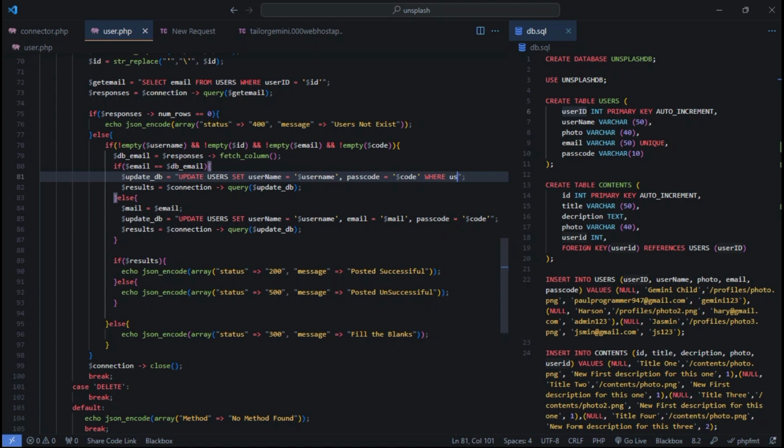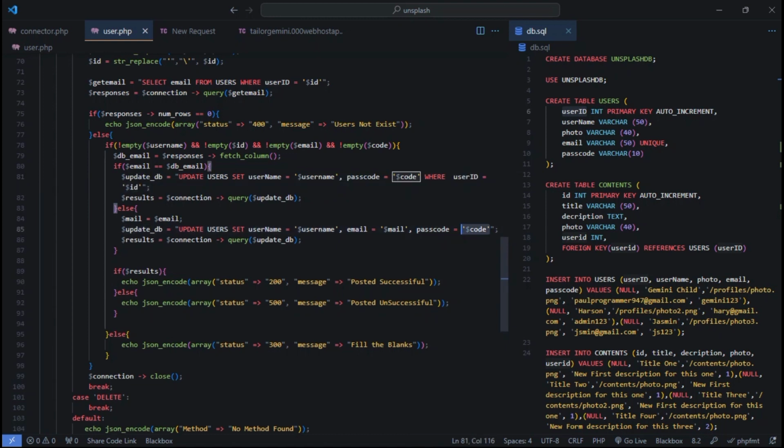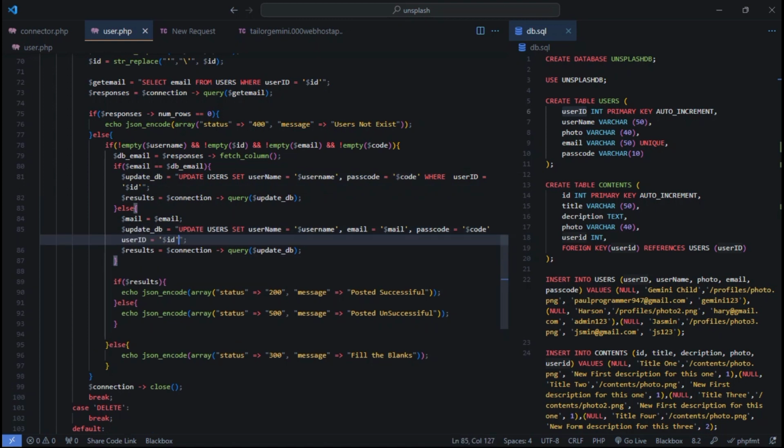user ID, yeah, just copy these things over here. Just user ID is equal to ID. I think now we will be good to go. Actually we are good to go, just like that. Okay, where passcode, and then where user ID, where